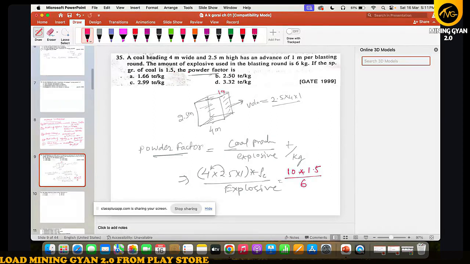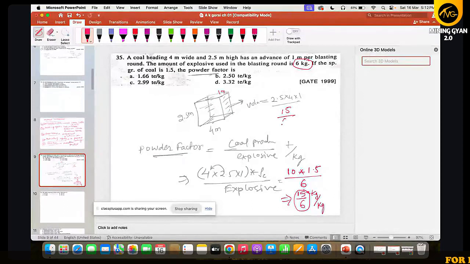Explosive given to us is 6 kg. So how much will it come? 15 by 6. But it is kilogram by kilogram, so 4 ton we multiply with,